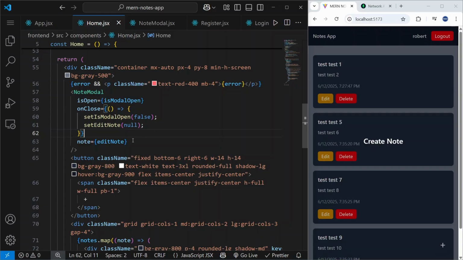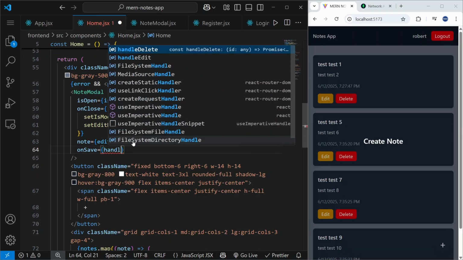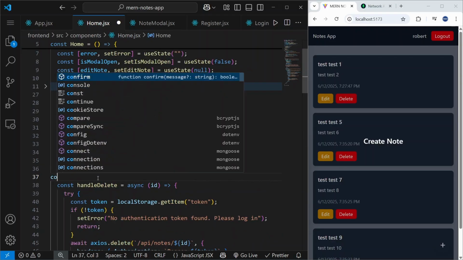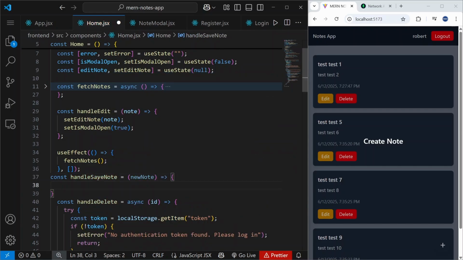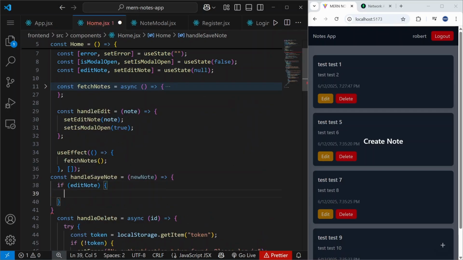And also we can create one more property, and we can say onSave. We can say onSave and handleSaveNode, but we don't have this function yet. So let's create it. Here, let's say const handleSaveNode. Here we want to say newNode, and we want to say the following: if editNode is true, so if it is the node which we are editing,